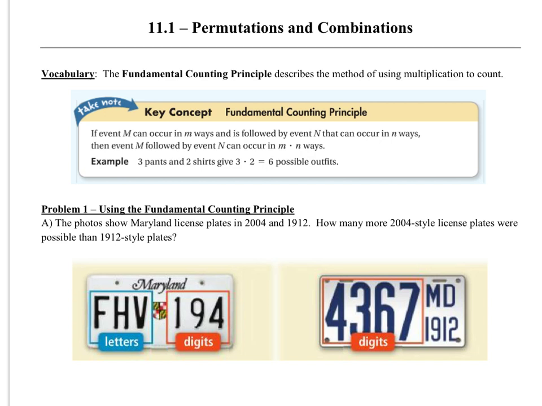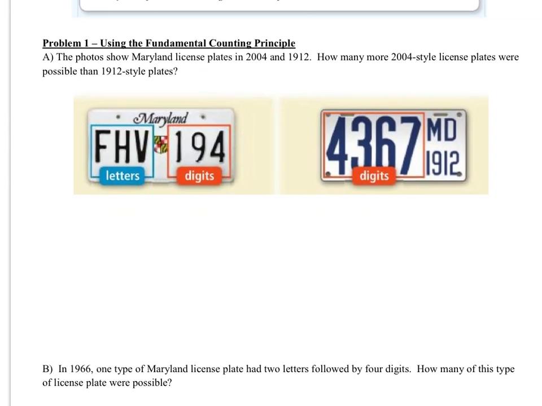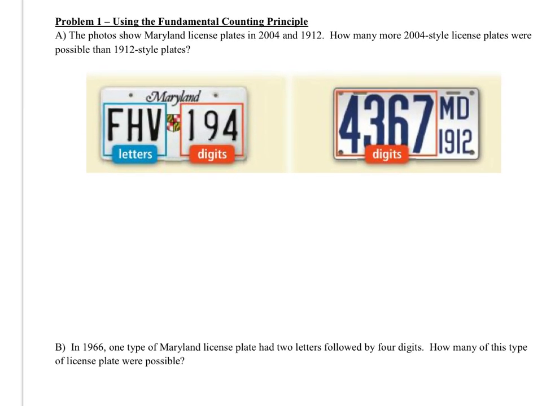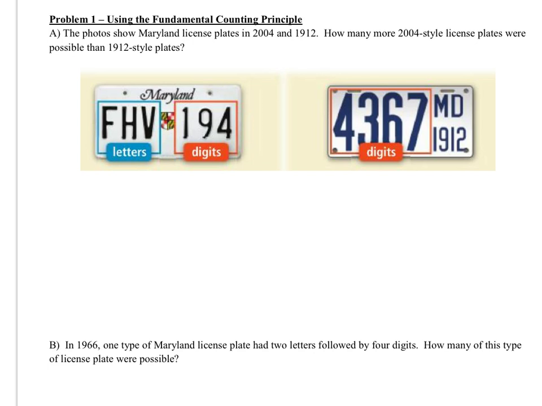This chapter is probability and statistics. First we're just going to get into the basics of probability. The photos show you Maryland license plates in 2004 and 1912. How many more? You have to be careful with these problems because it might seem super easy, but it says how many more style license plates were possible in